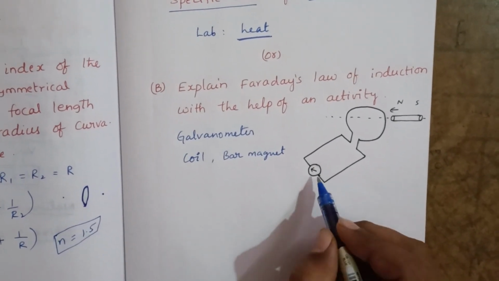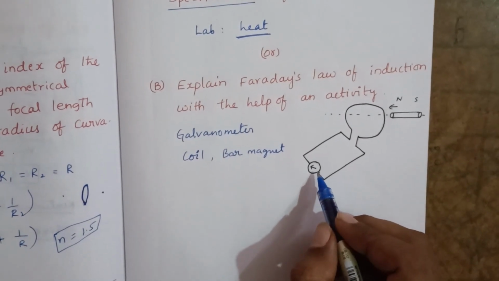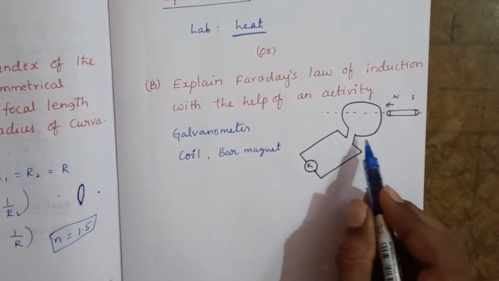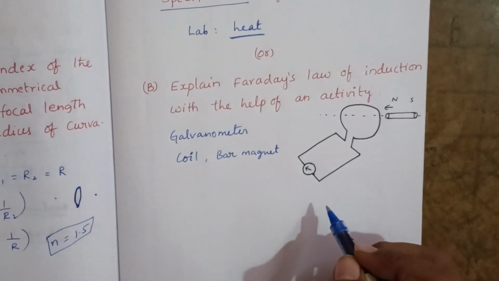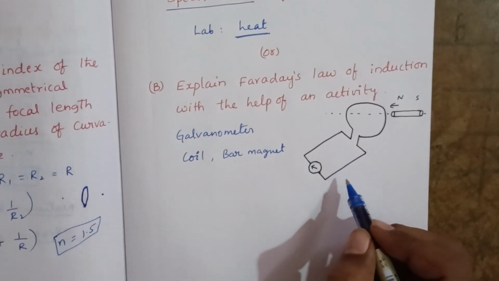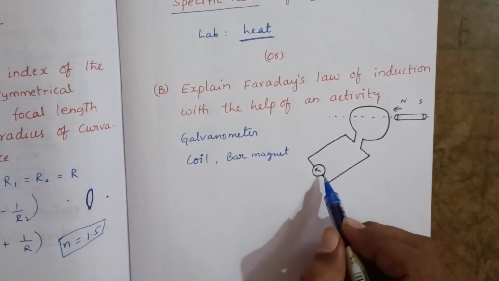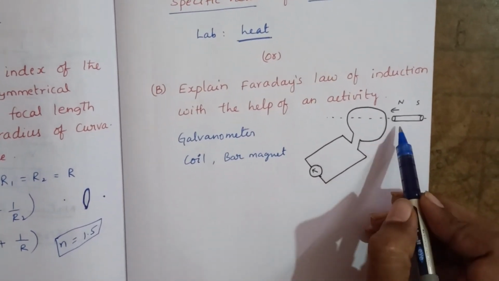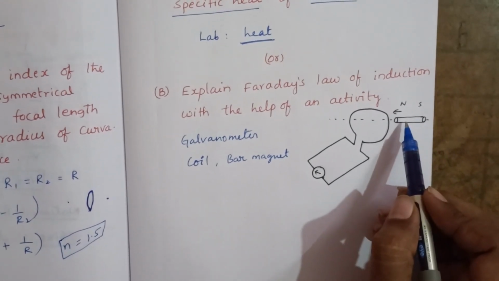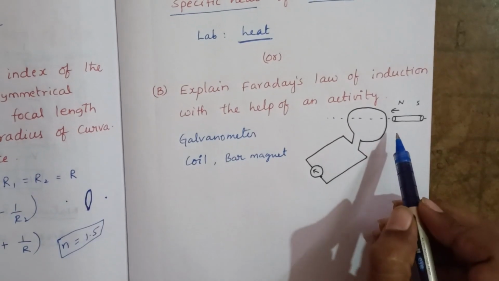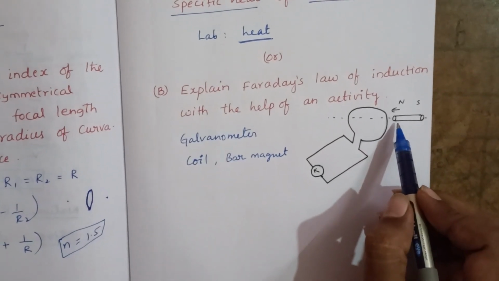Now here we won't expect any deflection in the needle of the galvanometer, because there is no EMF in the circuit. The galvanometer does not deflect. Now we'll take a bar magnet and push this bar magnet towards the coil by the north pole